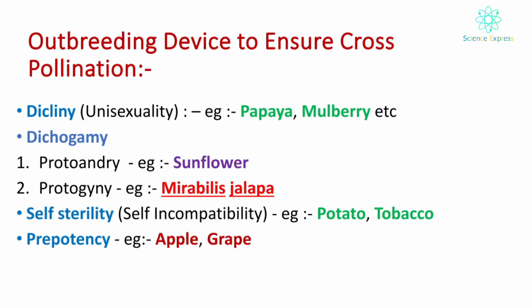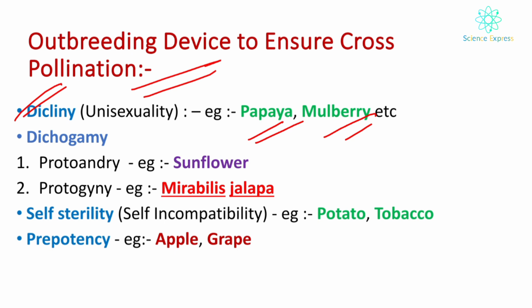Now, here we can find some devices to ensure cross pollination. Those are developed by the plant. Okay. First one is diclinism, that means unisexuality. Example, papaya and mulberry. Okay. Flowers are unisexual so that self pollination is not possible. Clear? Only one flower carries one reproductive part. That process is called unisexuality. Clear? Okay. Second one is called